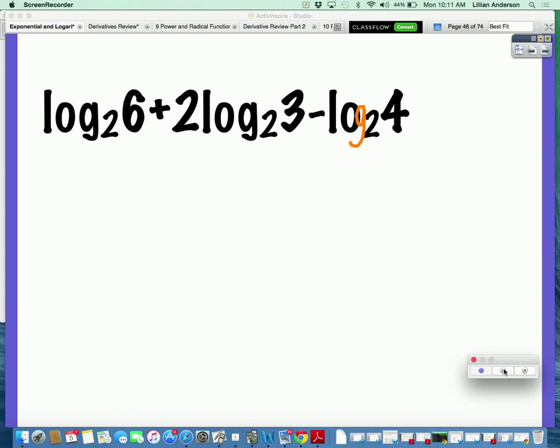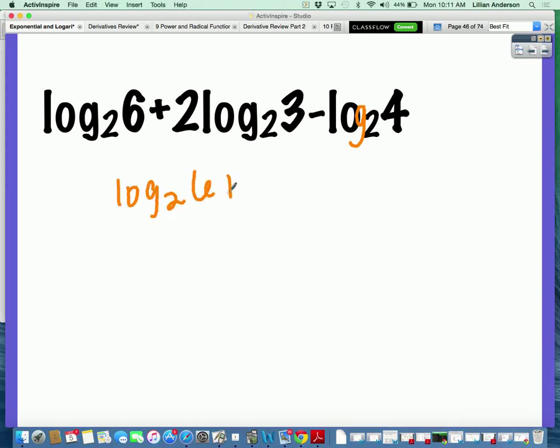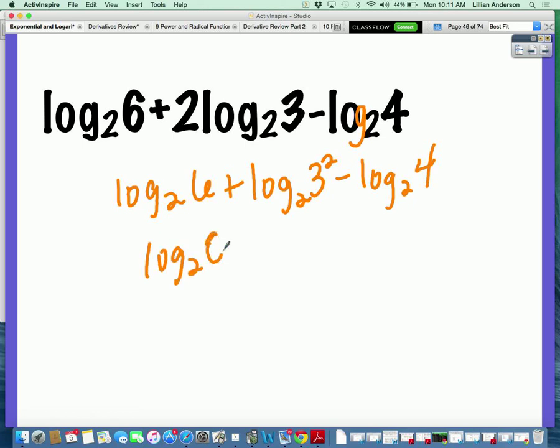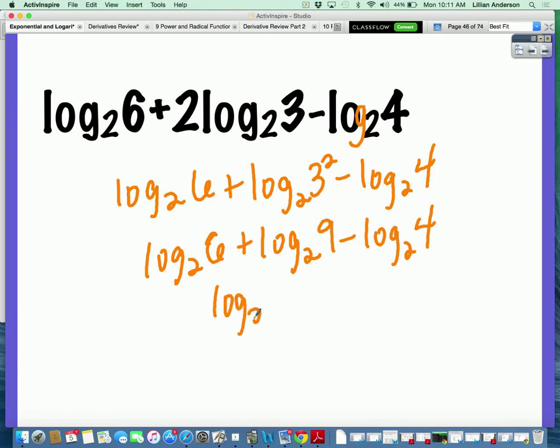So what did you need to do first? Transfer the 2. Transfer the 2 up to be what? Log base 2 of what? 9. Then the correct order is going to be log base 2 of 54, because you got to multiply 6 and 9. And then log base 2 of